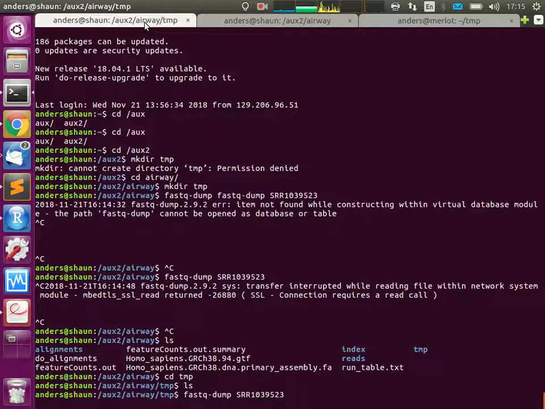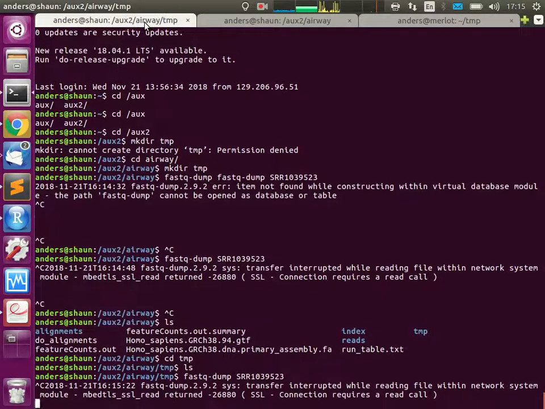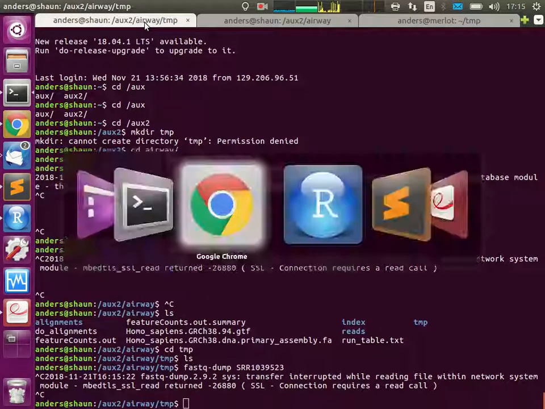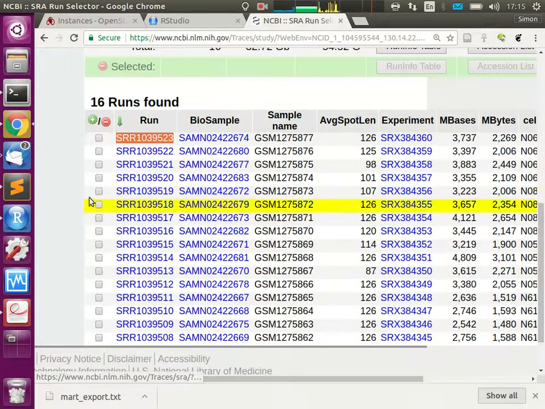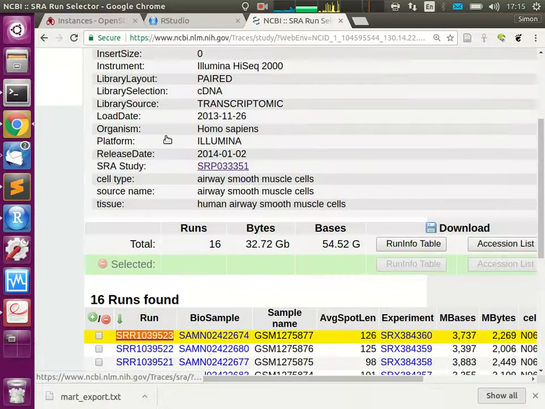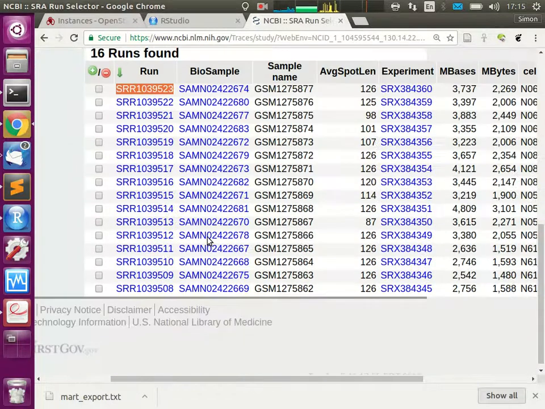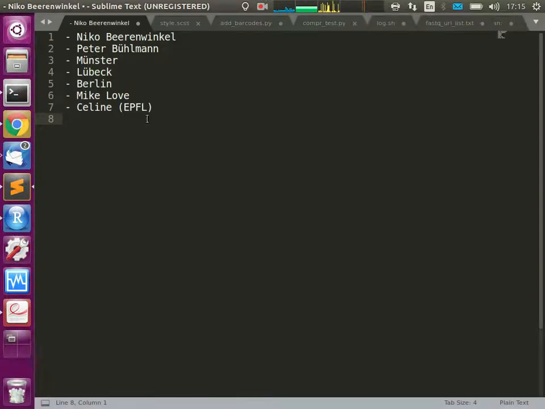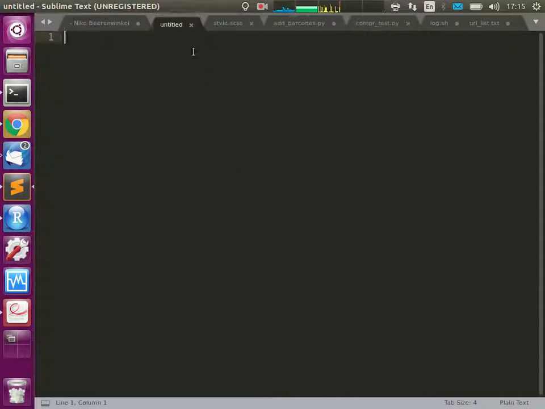The first trick that I wanted to show you at this place here is, you might notice I'm working here on my command line, which is usually quite helpful. What I wanted to do here is use this FastQDump file and run it on all the different short read archive things. And this of course means I have to issue 16 commands. I don't want to copy and paste all these things. So I used here the list of all these runs and used my favorite text editor, which has